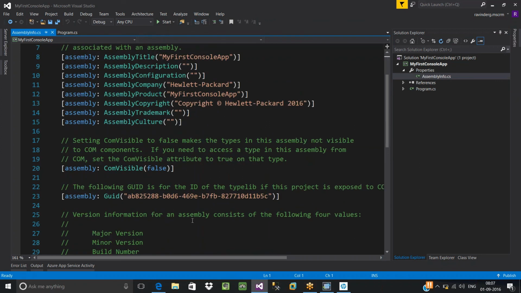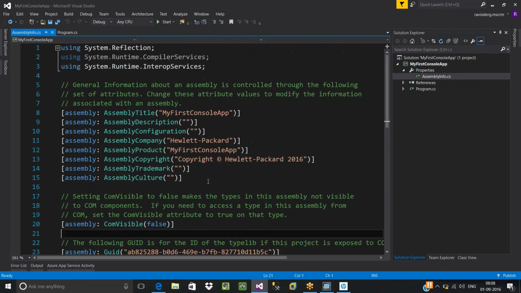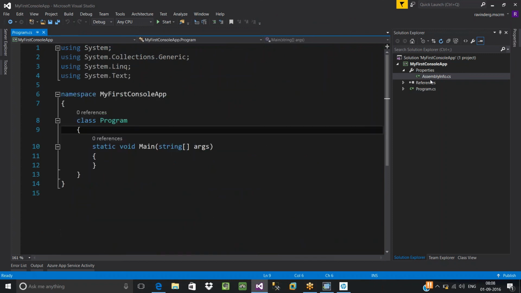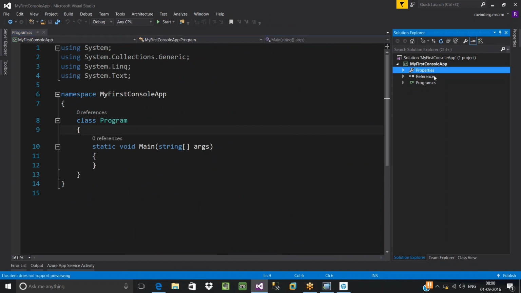For example, MS Office. If you want to install it on your machine, you would enter the key, right? Initially they build that product using some private key. And whenever you install it, you have to decrypt it using some public key, right? If you don't enter that key, it will not be installed. So you can use the same kind of mechanism while sharing your library with third-party people. Those things can be mentioned over here. This we will see later when we discuss custom library implementation. But remember that assemblyinfo.cs contains information related to your assembly, your library. As of now, you don't need to worry about it.